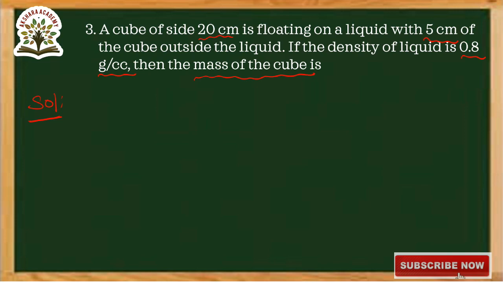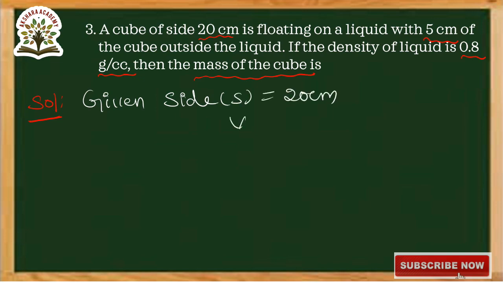Here, given the side of the cube is 20 centimeters, and V is nothing but the volume of the cube. The formula is L into B into H, that is 20 into 20 into 20. This is the volume of the cube, but here they are telling that 5 centimeters of the cube is outside